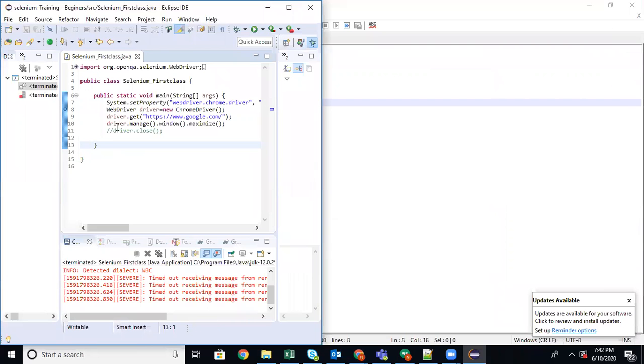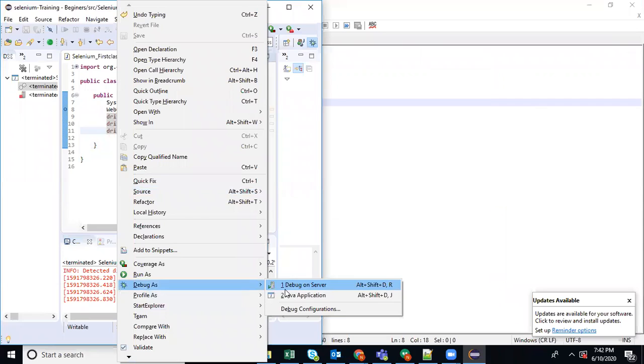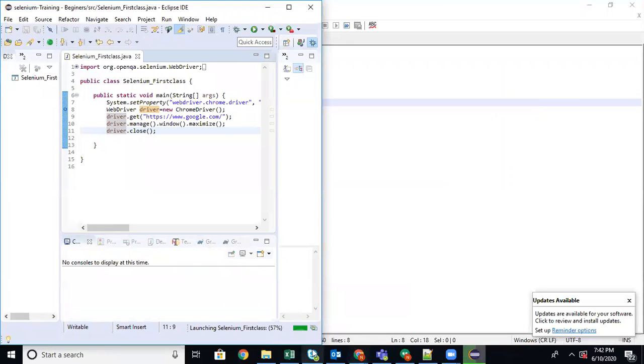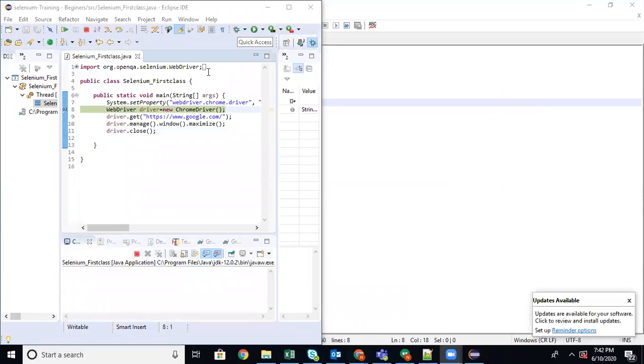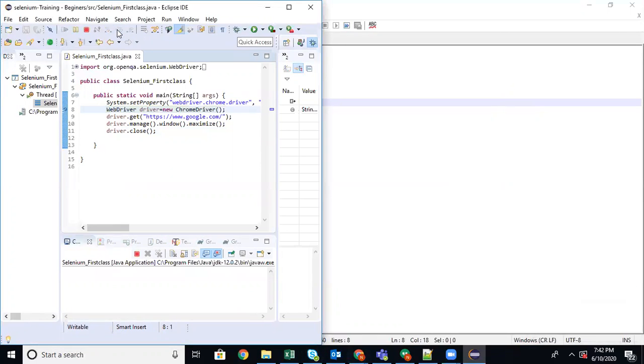Now you can also close. Now I'm enabling this close. You can debug and see stepwise. Launching the browser.